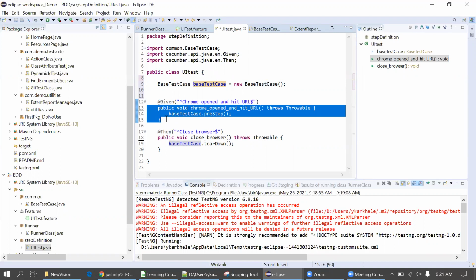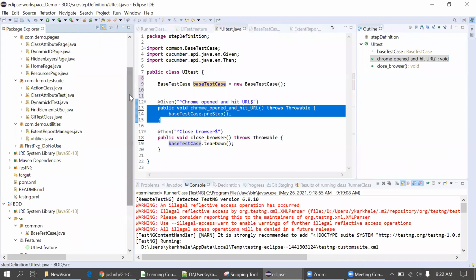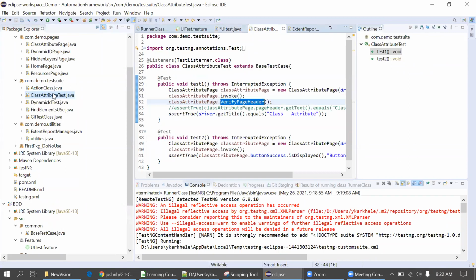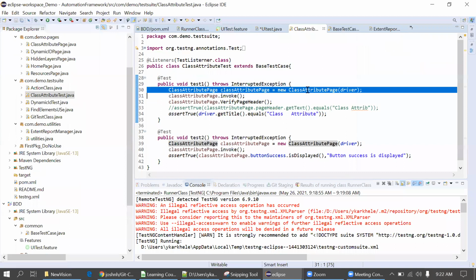For example, we create different pages and link them with the test cases, right? So in the first given method, we create the object of the test class. Suppose, comparing with the previous framework, in the class attribute test we have written new class attribute test.